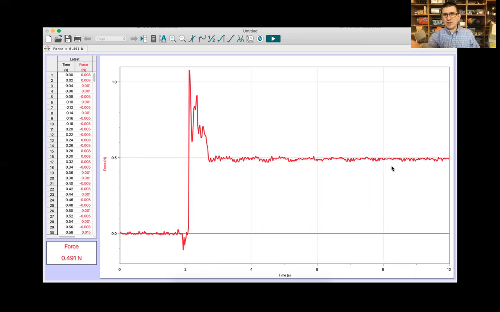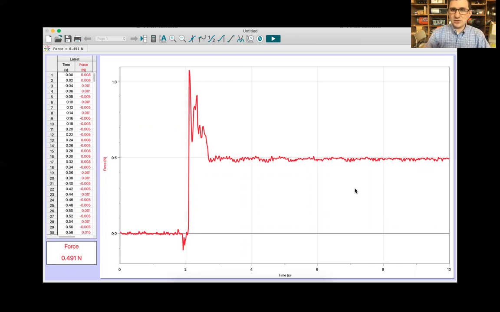But then the question is, well, what number should I write down in my lab notebook for how much force there was? Well, I could write down this number, but you'll notice that when you run the experiment, this number tends to wiggle around just a little bit, which you can see in your graph. And so it's a little bit confusing as to which number to write down.